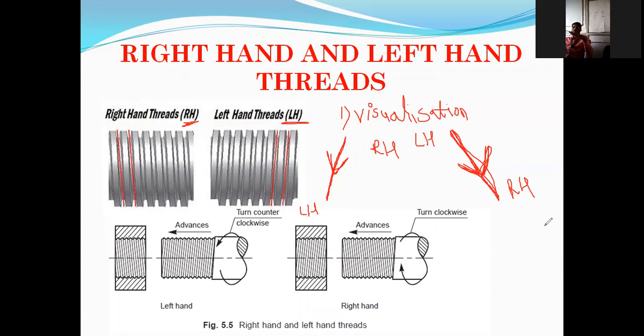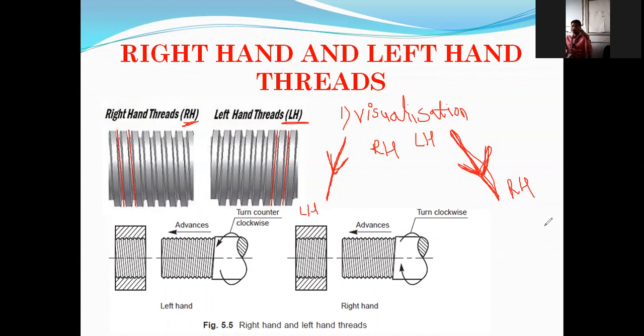If thread orientation is going towards left hand side, left hand thread. Over. This is called a visualization or observation method. Looking to the thread, you can see which type of thread is there. If you look carefully at a nut and bolt and hold it in front of you, you will see that these threads are not exactly straight, but inclined.